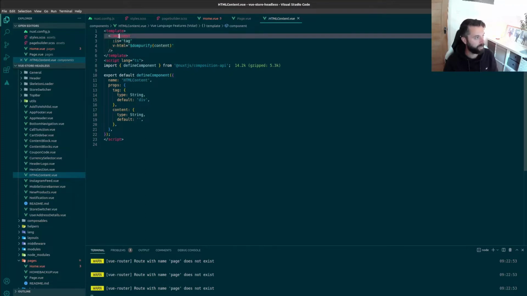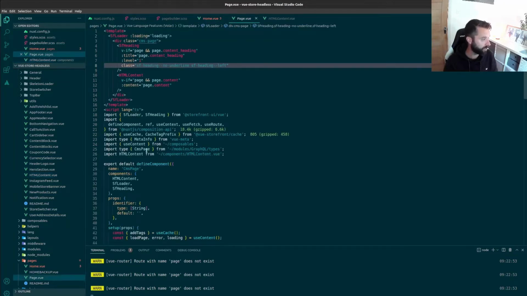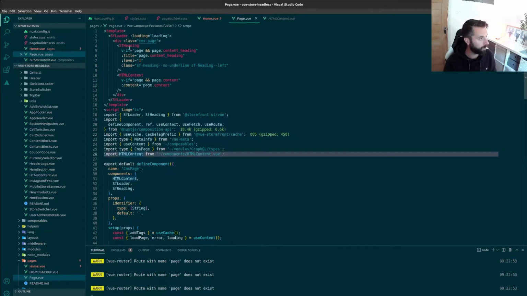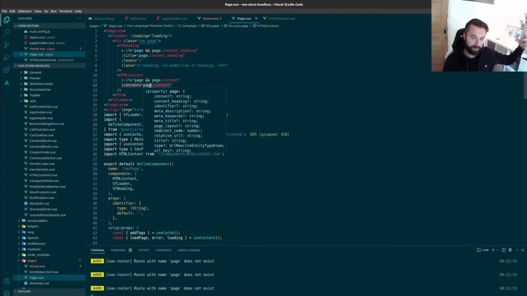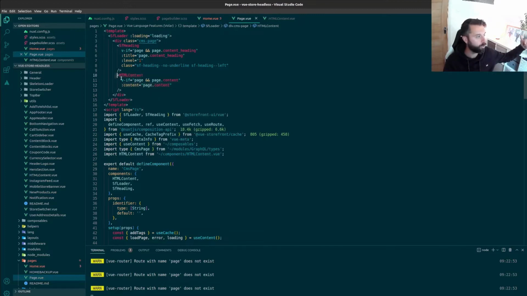This is the component which we can see in page. HTML content is here, look, that's the tag, and then we're passing in that prop, which is basically a variable. First of all, the page has got to exist and the page content has got to exist, and then it'll pass the content using v-html in the other template to this area of the page. So it's really simple,